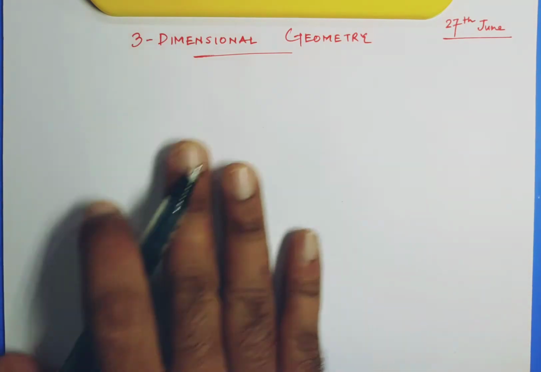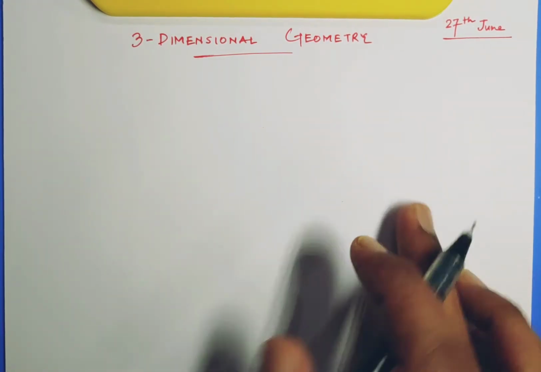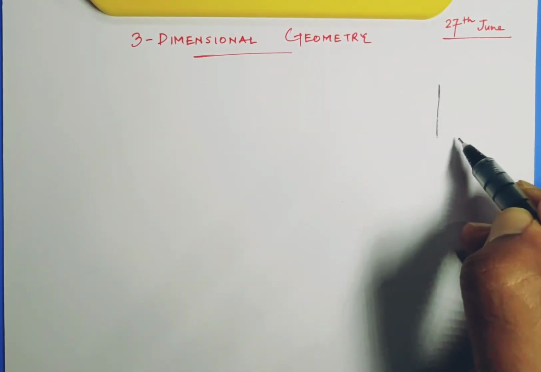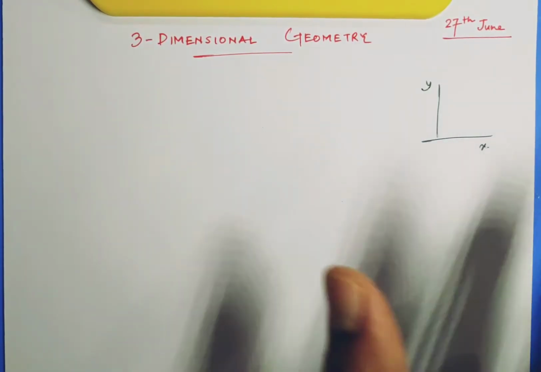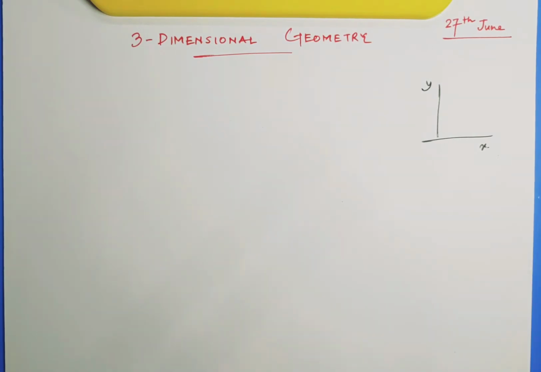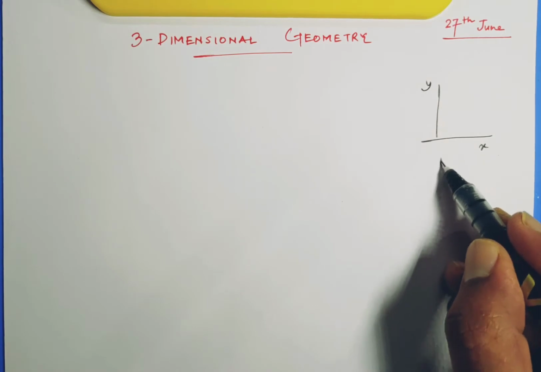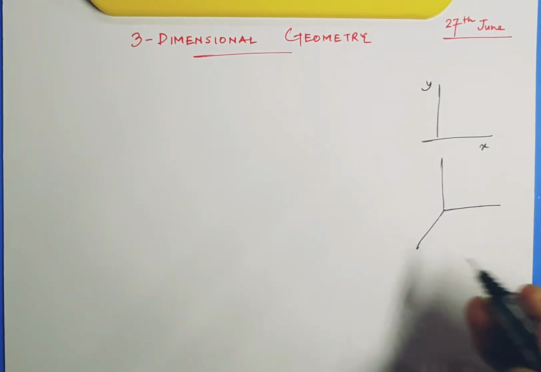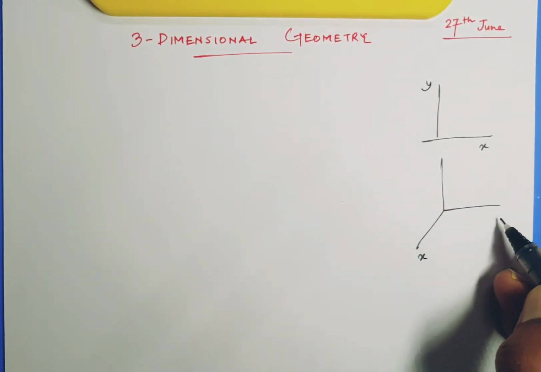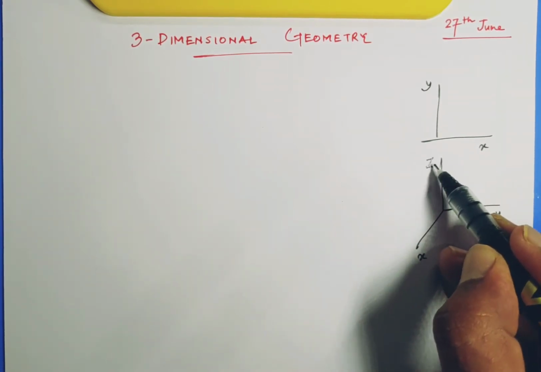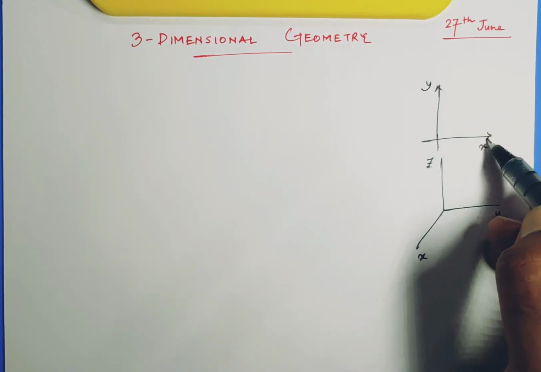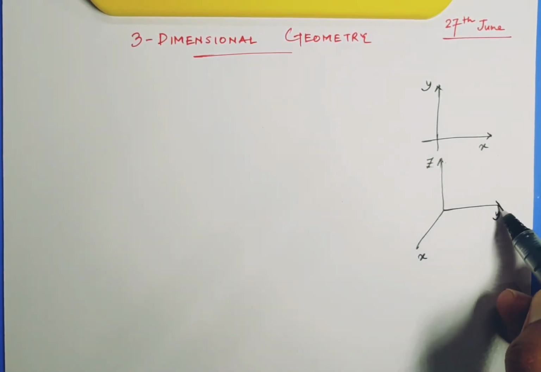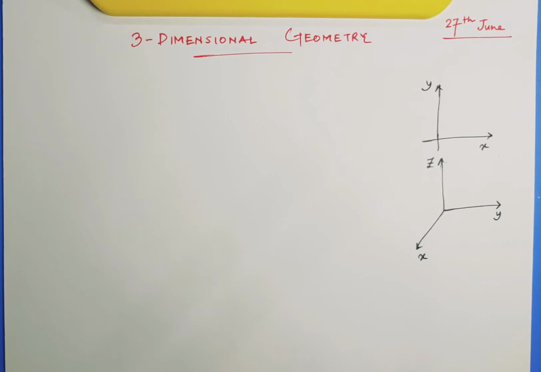Look here, this paper is like 2D. Suppose I draw this thing, x, y. This is what? A 2D axis, right? Now we will be writing the equation of a line and plane in 3D. 3D means another dimension comes into play. So x becomes this thing, y becomes this thing, and z becomes this thing. Clear? So another dimension, that is the z axis, comes into play in 3D.